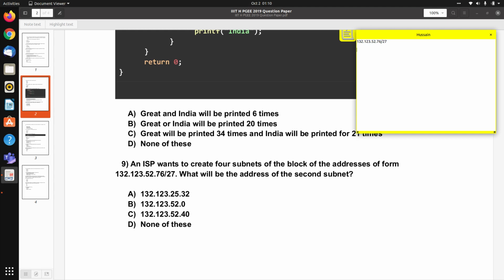So in this case, the number of bits in the network part is 27 and the number of bits in the host part is 5, right? So basically we can write it as dot 01.